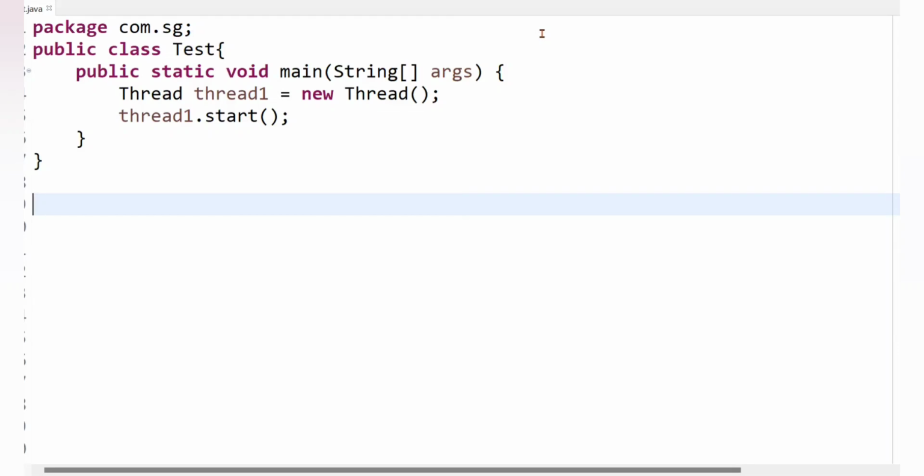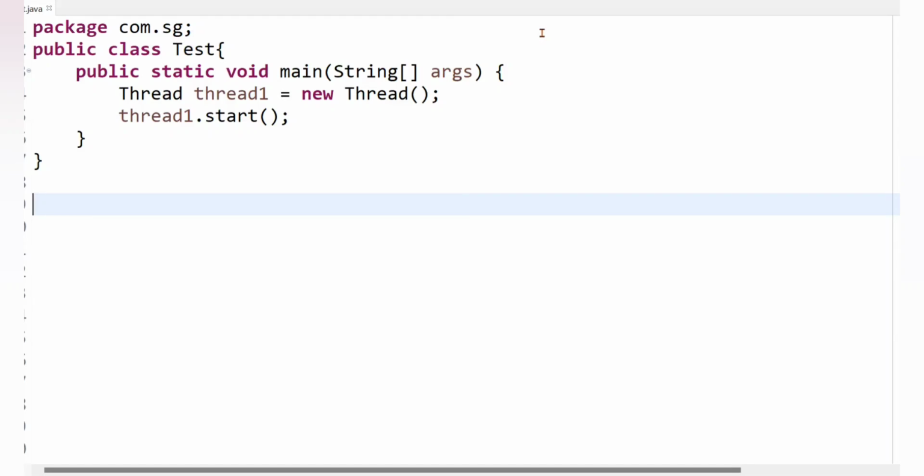So all these things happen internally, and therefore we need to call the start method on the thread object after creating a new thread. Simply keep in mind that when we call the start method on a thread object, the thread actually starts its execution as a separate thread.